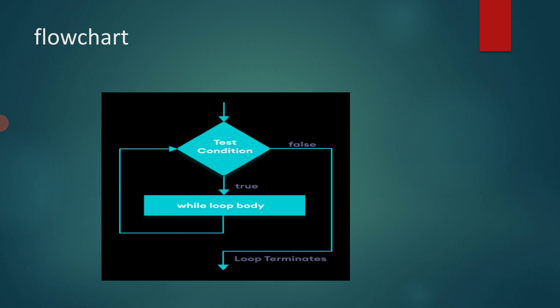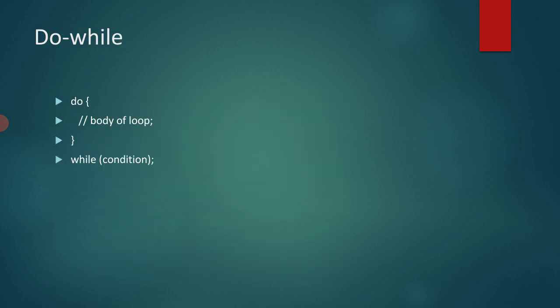Now the next category of looping statement is do while. Now what is do while and what is the main difference between while and do while? So see students, as we have studied the while statement, here there is one more word before while, that is do. Do while. Do is again a keyword, while is also a keyword. So this is a combination of two words, do while. Now what is the difference between while and do while? As I have explained, when the user makes use of the while statement, it will first check the condition. If the condition is true, then only it will execute the body of the loop.